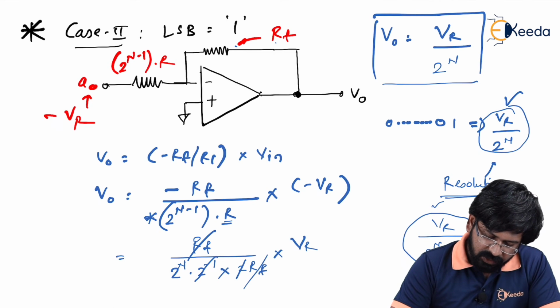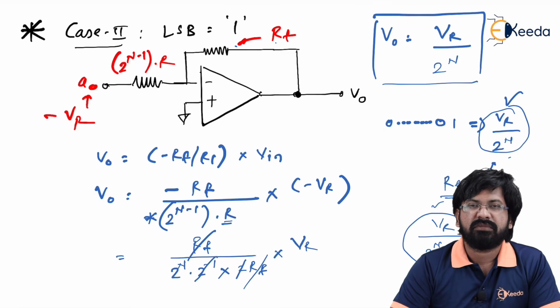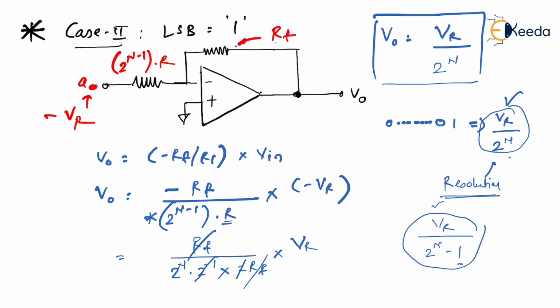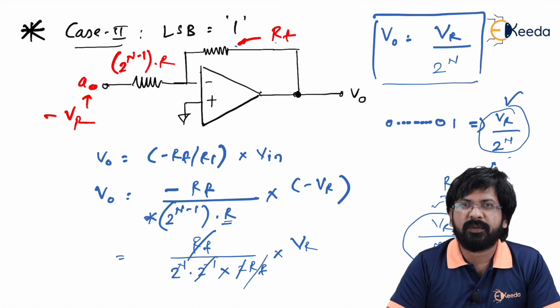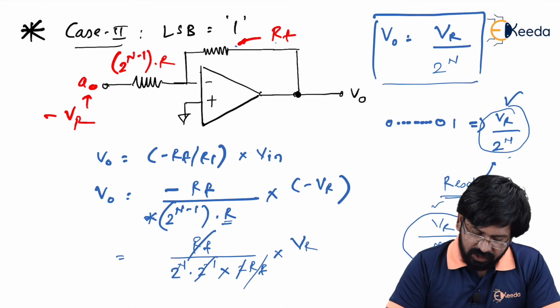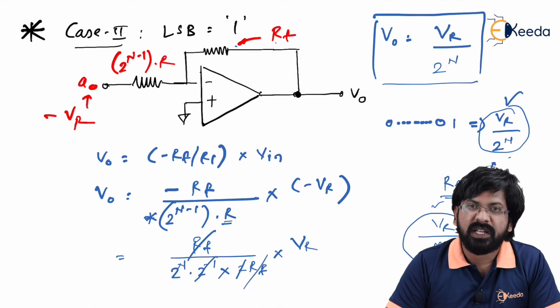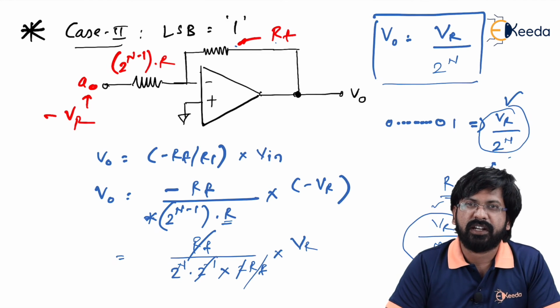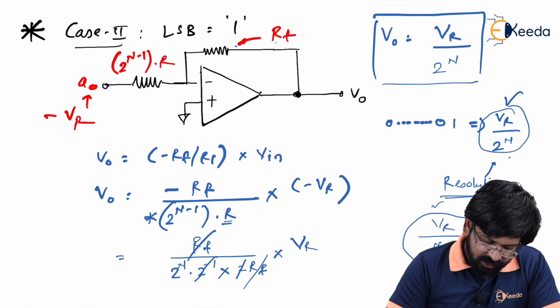By concept, now we know that it is Vr divided by 2 raised to n is the resolution, and it is also given as the reference voltage or a full scale voltage divided by number of steps, which is 2 raised to n minus 1. So this formula is also valid. So you can use either of them. In fact, you can take some problem and you can calculate a resolution. See to it whether both the formulas give you most of the correct result. Okay.